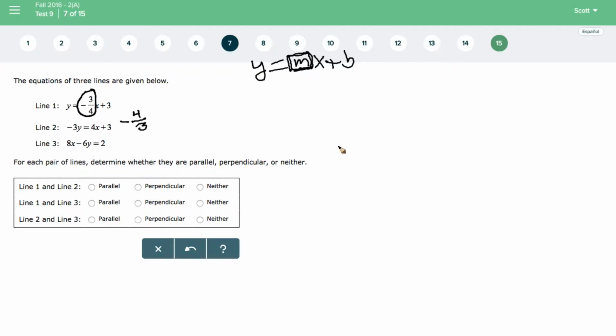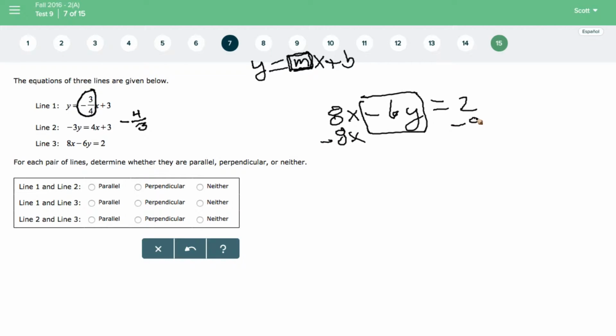So now this one, line 3, 8x minus 6y equals 2. We got to solve for y. So that's what we're solving for right there. So we're going to do the opposite of x. Giving us negative 6y equals, and those are x's and those are numbers, we can't combine them, so minus 8x and a positive 2